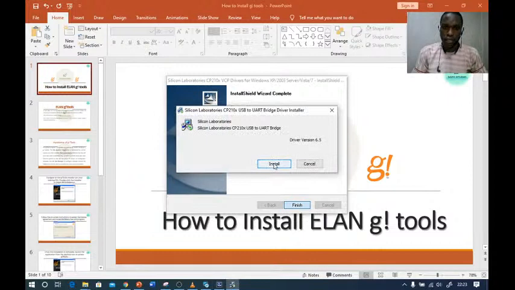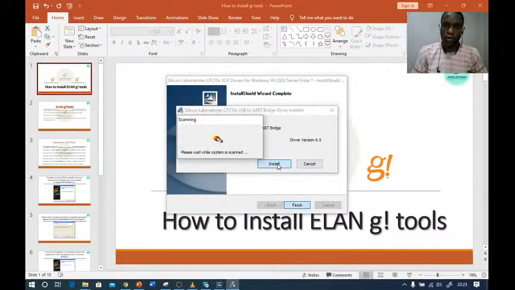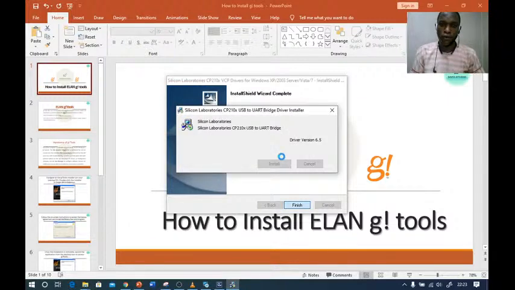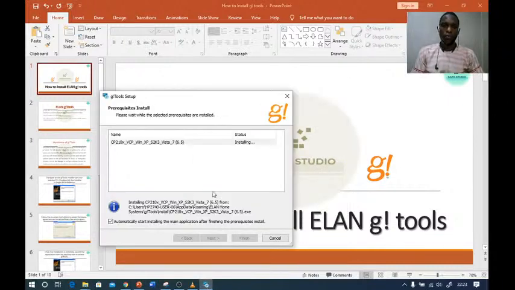So yes, it also requests for another software install. So you just have to follow all the requirements, all the things it's requesting, so that when you are operating, maybe to launch your G2s and go into your controller, you will not have any challenge. Just allow it to run. Installation completed successfully. So once this installation is complete now, it will go ahead and continue to start your G2 installation.